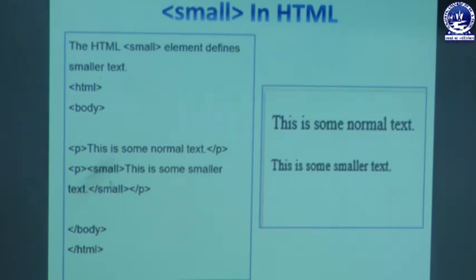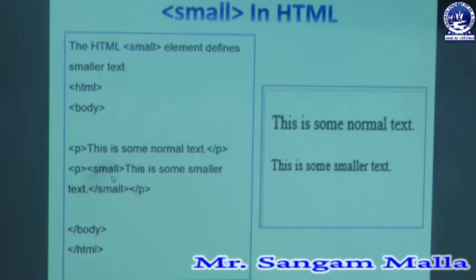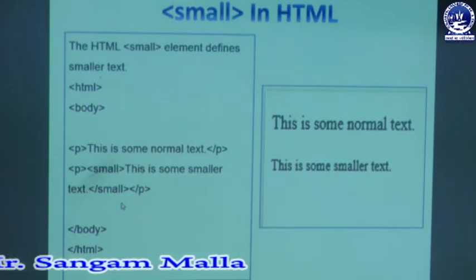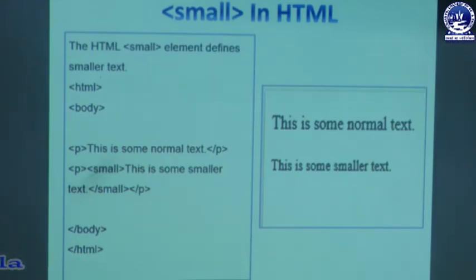You can see there is a big difference between these two paragraphs, that the first paragraph is in normal text or in normal format, whereas the second paragraph is a little bit smaller as compared to the first paragraph, because we have used the small tag. So whenever we want to decrease any text value, at that time we can use the small tag in our web page. Whenever we are using any web page with a lot of text and we want to decrease the level of importance of a group of text, we can